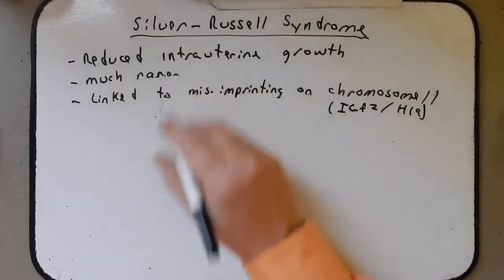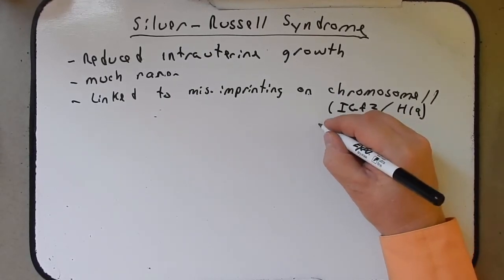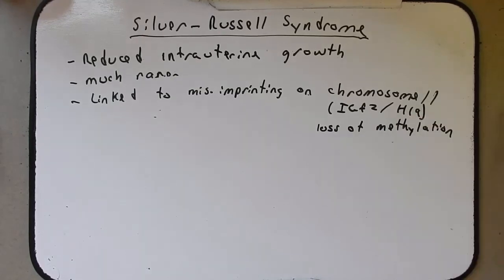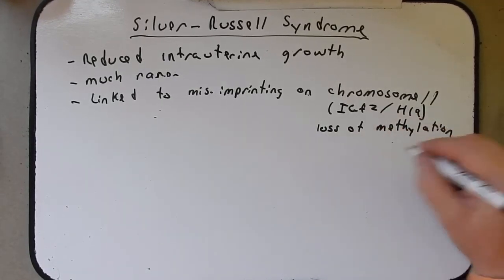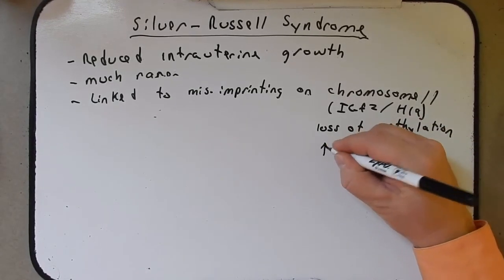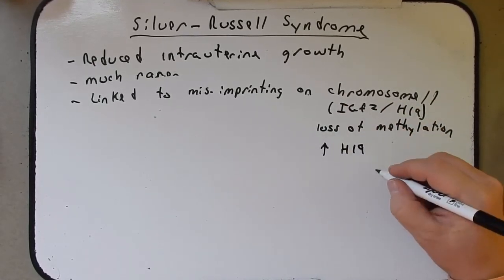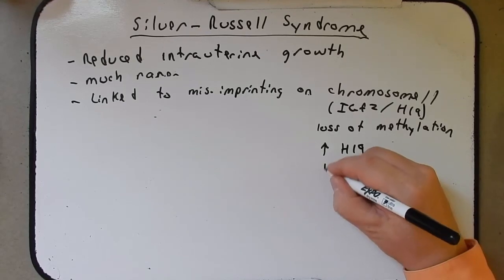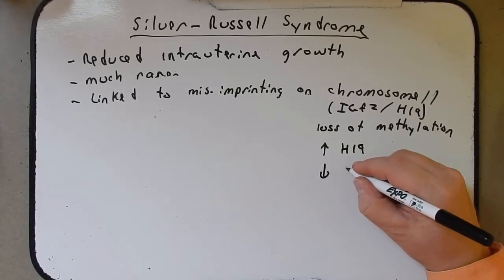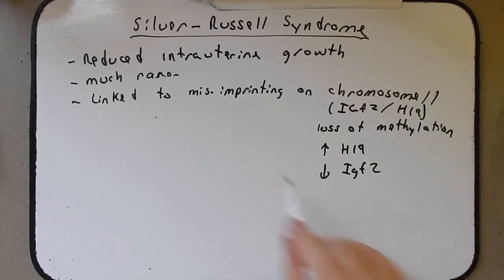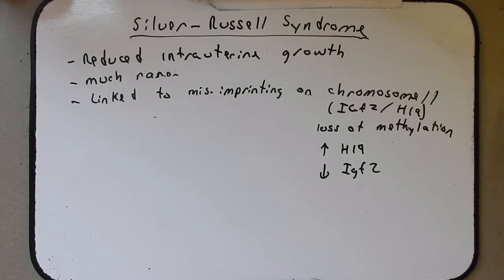And in these cases of this syndrome, what we see is a loss of methylation. And with a loss of methylation, we will see increased expression on both copies of H19. And with increased expression of H19 on both chromosome copies, you would predict a decreased expression of IGF2. And that is exactly what you see in this Silver-Russell syndrome. That's all I want to say about this particular syndrome, and that brings us to the end of our first